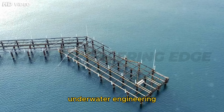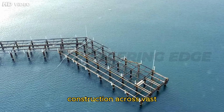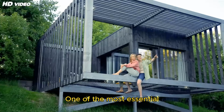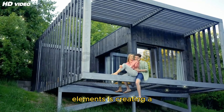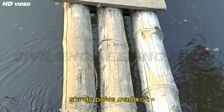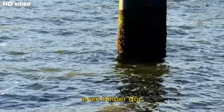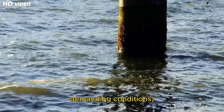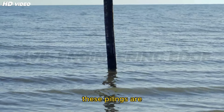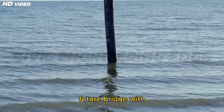This blend of underwater engineering and logistical mastery is what makes bridge construction across vast bodies of water not just possible, but incredibly impressive. One of the most essential elements is creating a stable foundation, often using pilings. Pilings are long, sturdy poles made of reinforced concrete, steel, sometimes even timber for shallower or less demanding conditions. Using massive hammers or vibration drivers, these pilings are driven deep into the earth, anchoring the future bridge with solid,